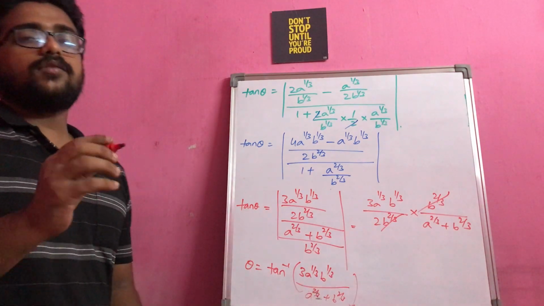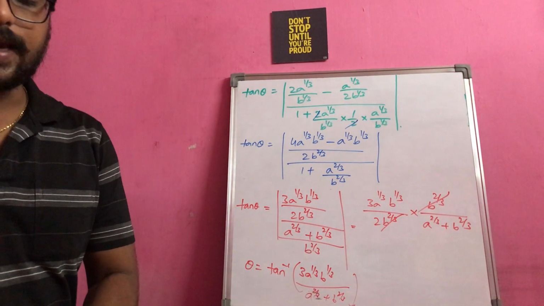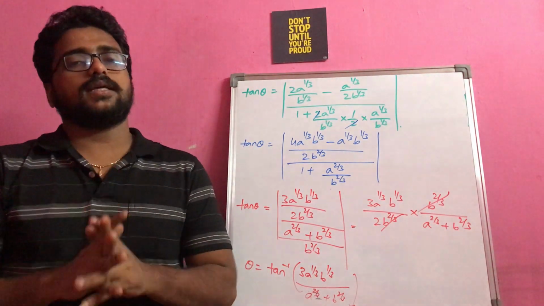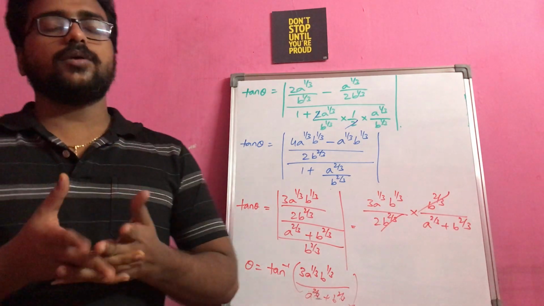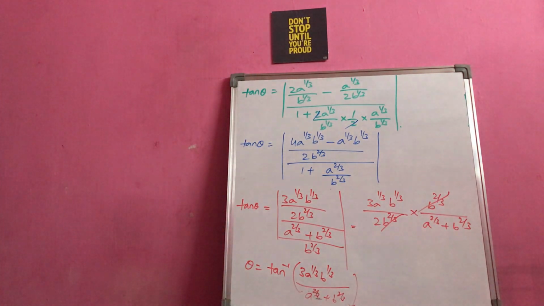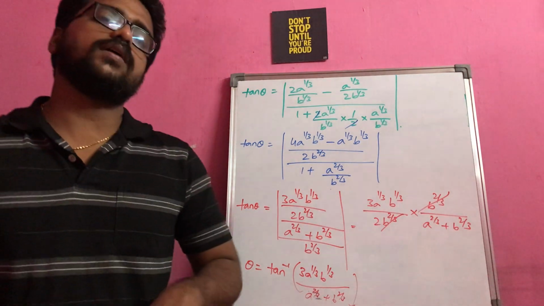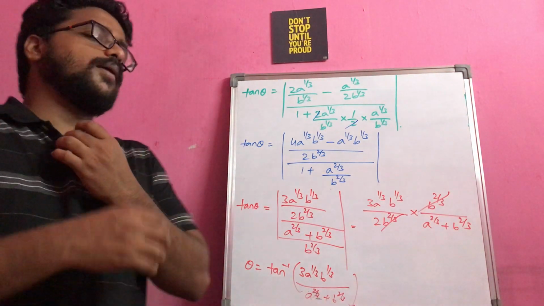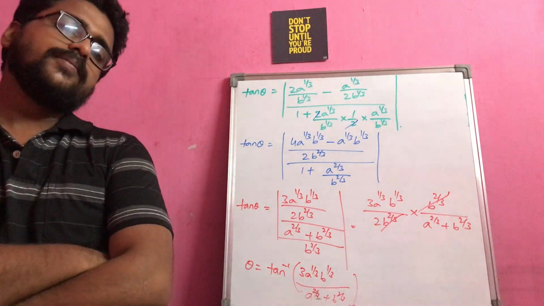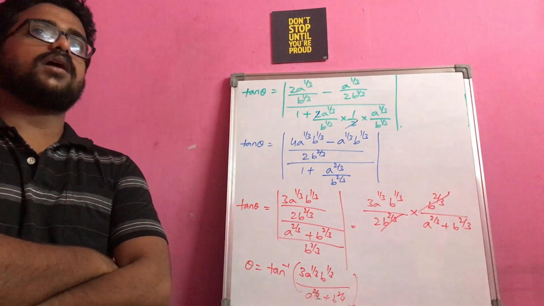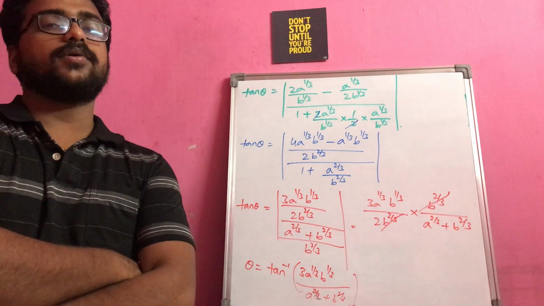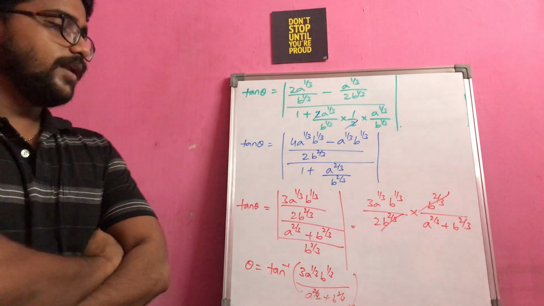So commonly what we will think is, after seeing this much big angle, is it correct or not? This is the question that will come to our mind. So you no need to think in that way. See, every question we may not be able to see in our classes, right? It is not necessary that we can see every question, every type of answer. It's all about whether we are applying the known concept correctly or not, and are we doing calculation or simplification without any mistake. That is the one important thing that you have to notice, right?